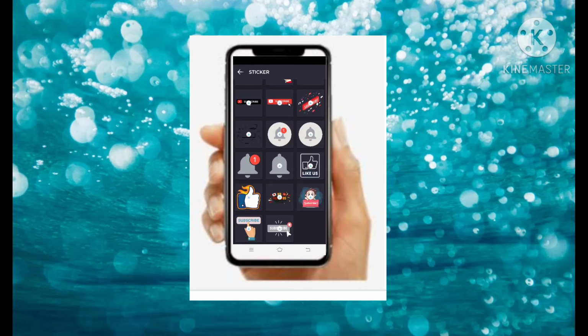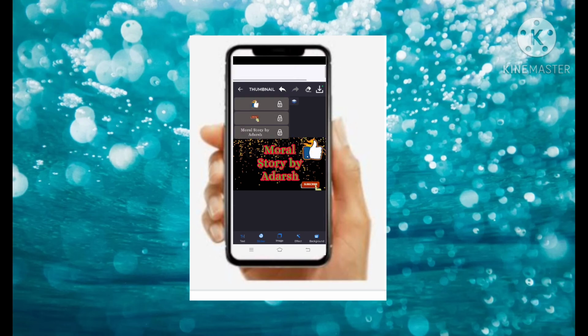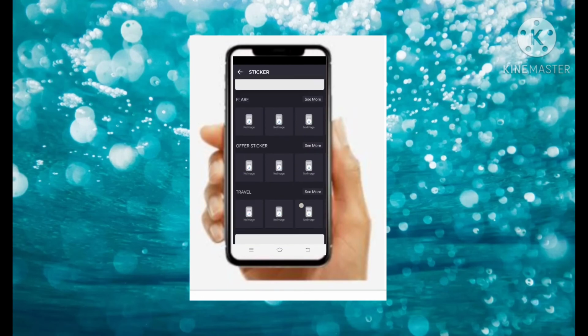Like. Here see many followers. Many types will be there. Here I like to keep the like symbol. So I'll keep it like this and click the layers again and lock it. While locking, you will not be able to move that object. Now flare. Flare means what? It will get some bubbles like this. Variety. Wait, I'll show you.